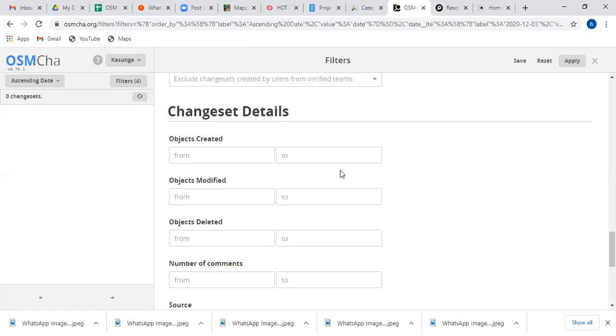It's very direct. If you want to open an account for OSMCha, you just have to go to OSMCha and sign up or sign in. If you already have an OSM account, you can sign in by using your OSM account. So this is a very easy way for you